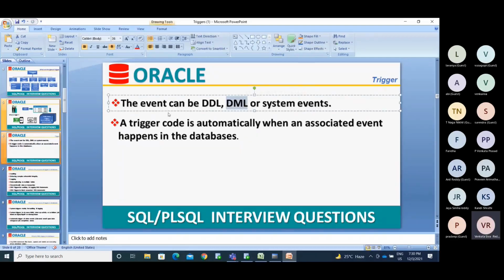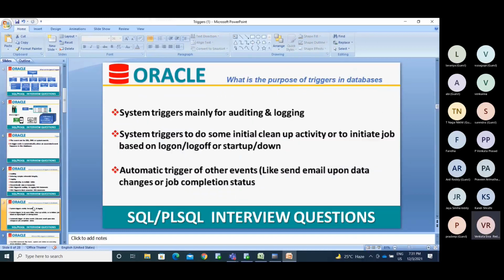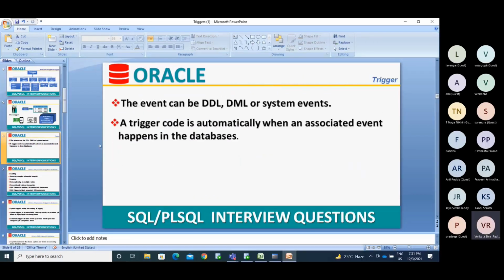Insert, update and delete are the three DML events. DDL events are create, alter and drop. System events are logon, logoff, startup and shutdown. That is about the event.